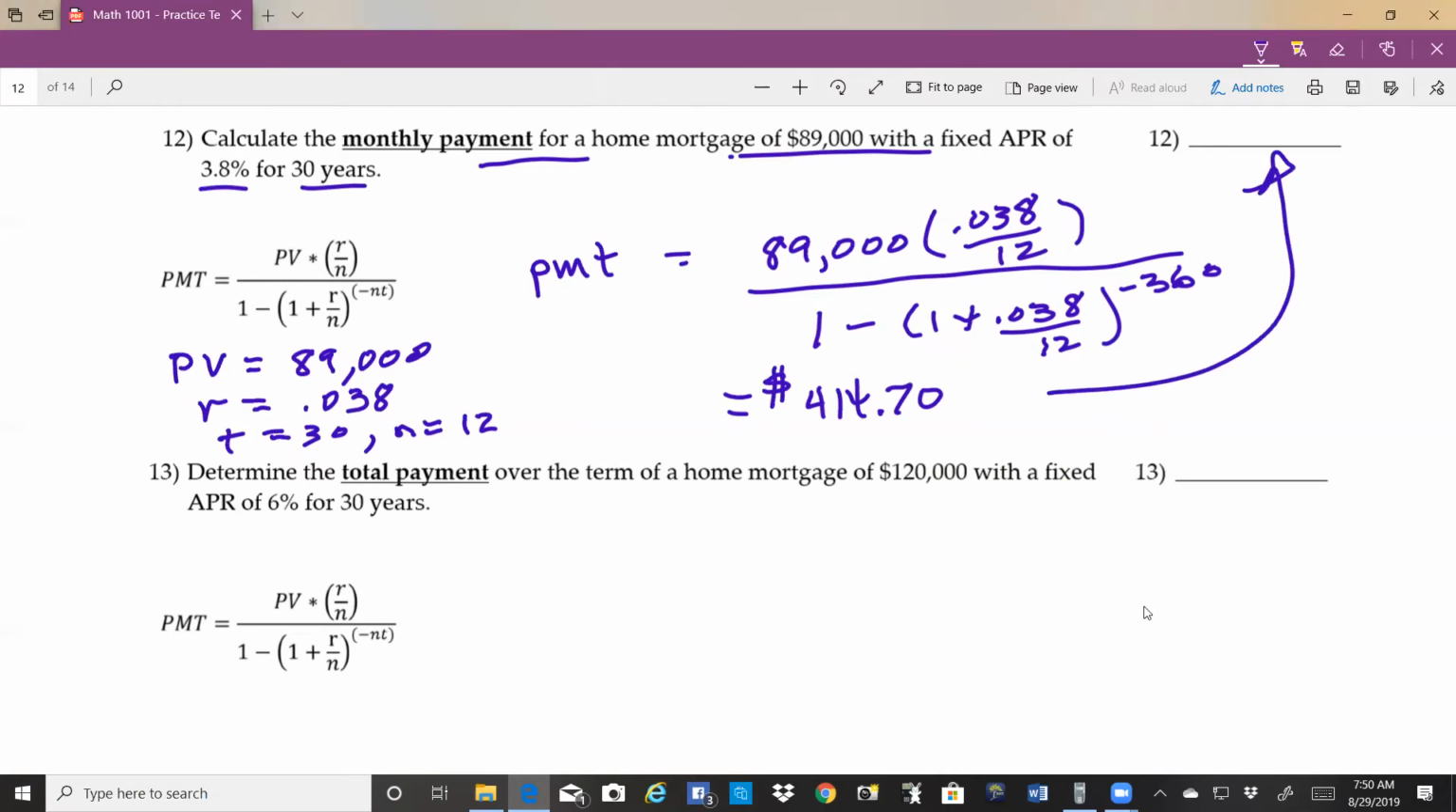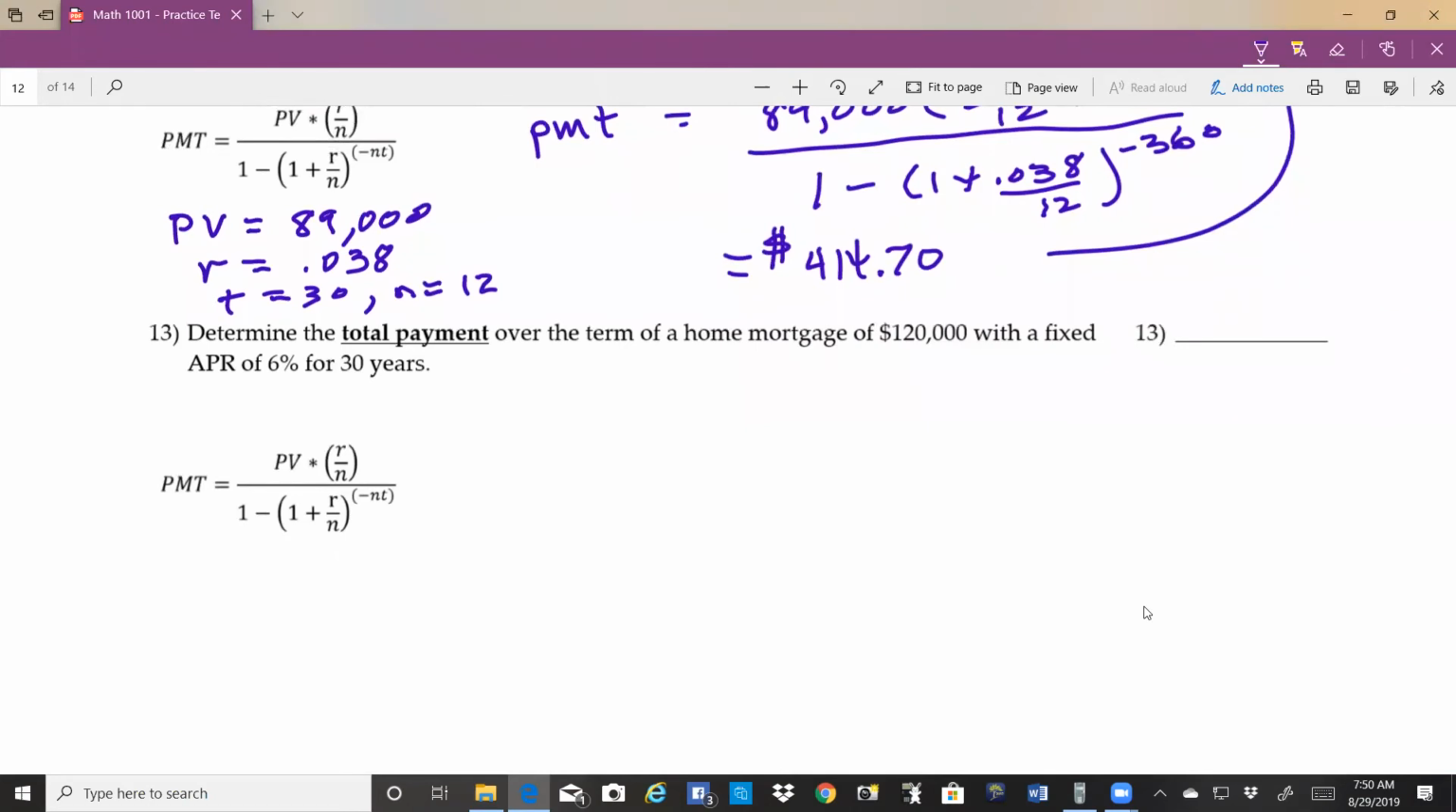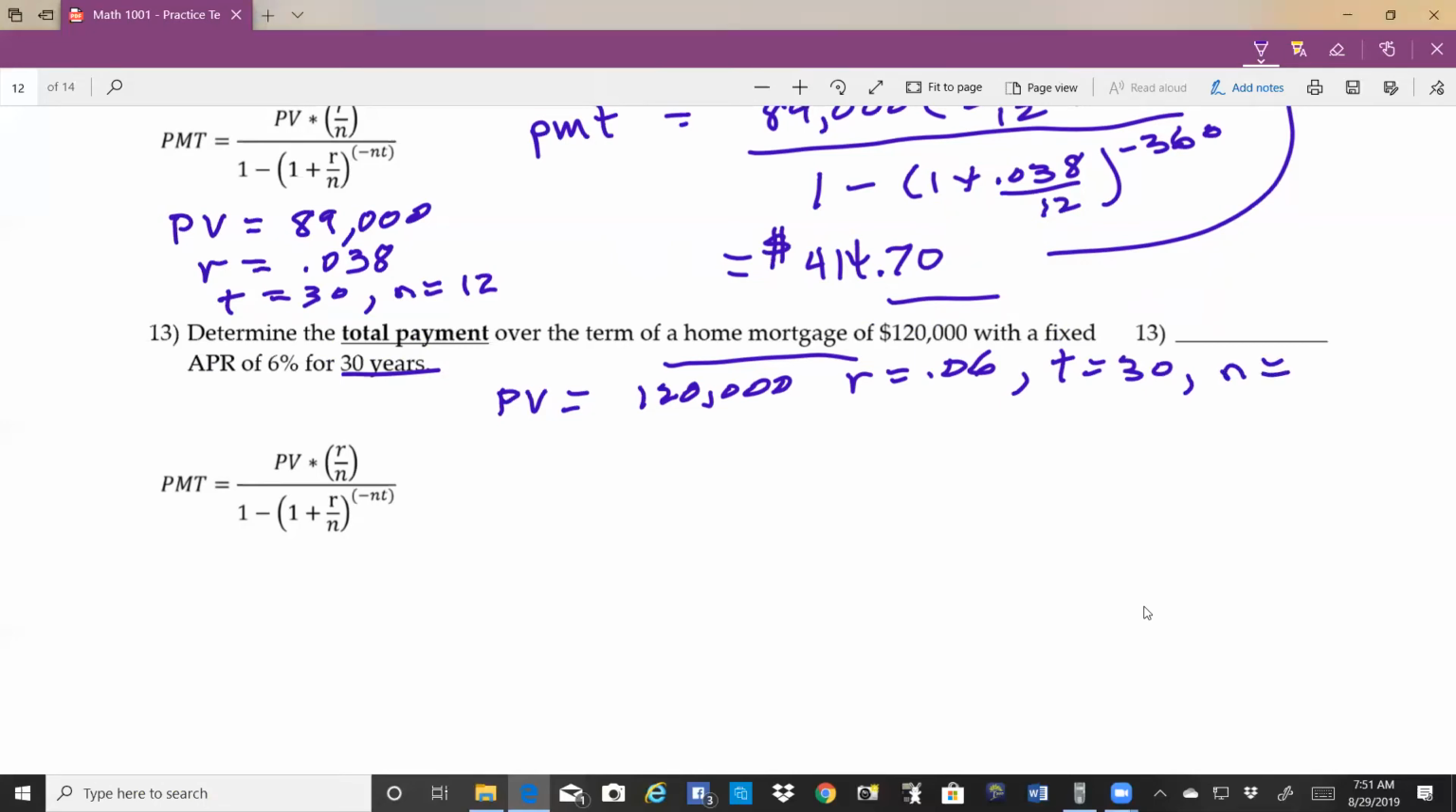Now, number 13, we want to calculate the total payments over the term of the mortgage, 30-year mortgage, and you start out with a mortgage of $120,000. So PV is $120,000. The interest rate is 0.06. T is 30. And N is 12. So the payment,